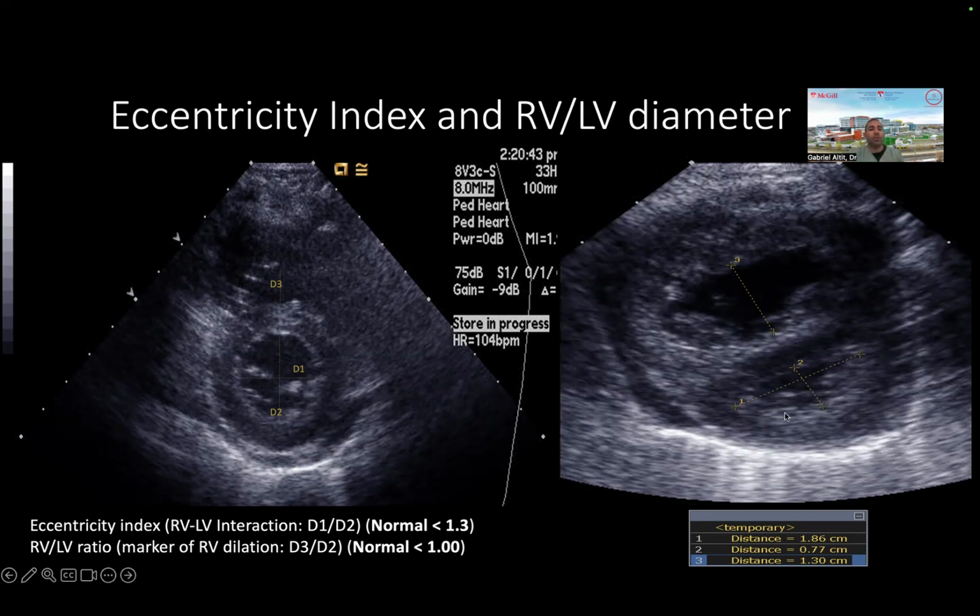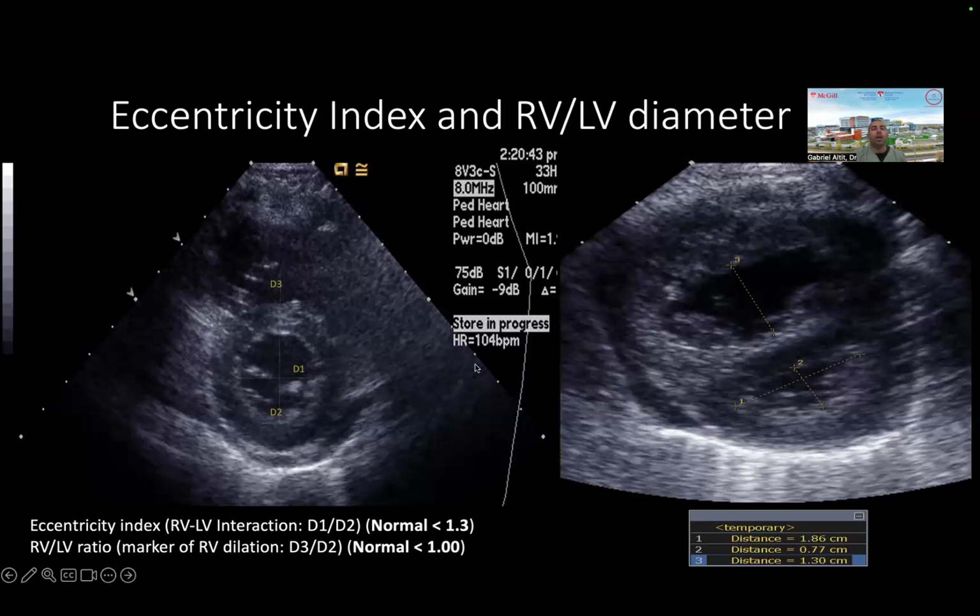So one of the markers we use is what we call an eccentricity index, which is the diameter of the LV parallel to the septum divided by the diameter perpendicular to the septum. If you have values above 1.3, it's considered concerning for abnormal deformation of the septum. And then you have to figure out, is it because my LV has a problem, or RV has a problem,